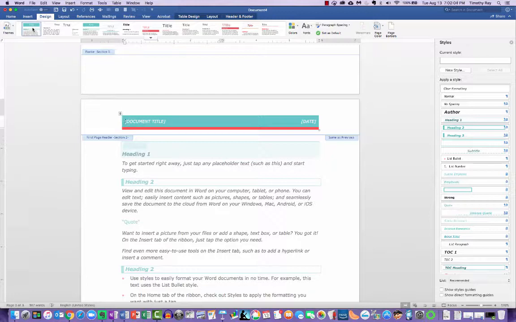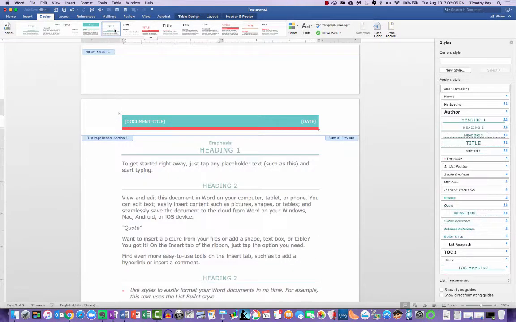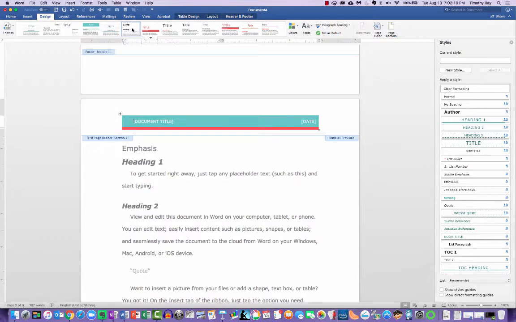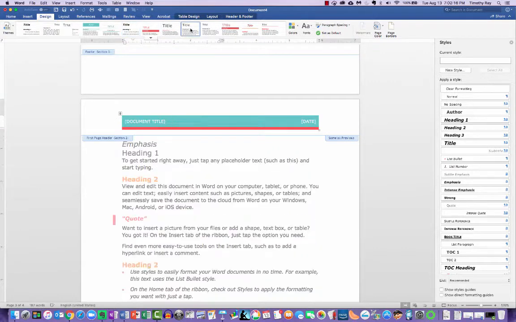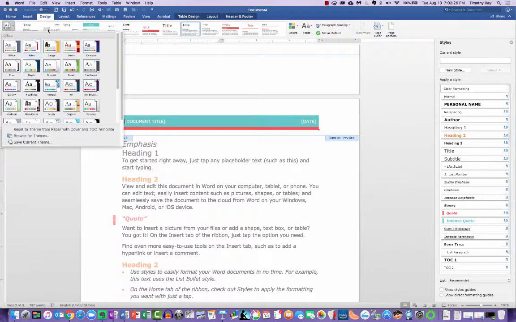Let me go back here. Whoops. We'll go over here. So there's heading 1, 2, 3. They're down the middle now. And over here, heading 1, 2, 3. Doesn't look as sophisticated in this layout here. And heading 1, 2, 3. So basically I'm choosing different themes from up here. And